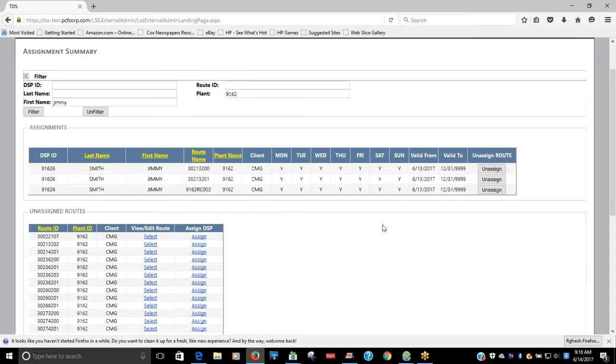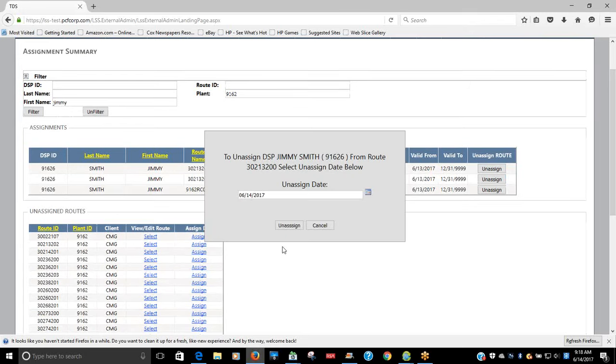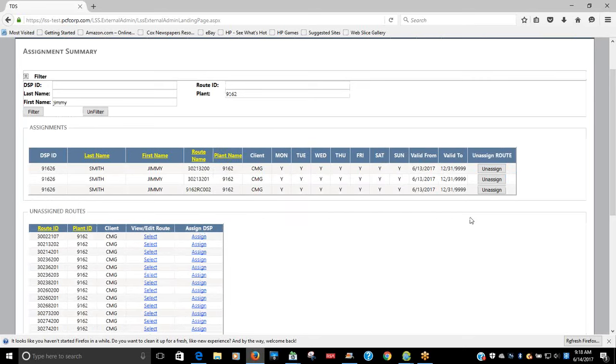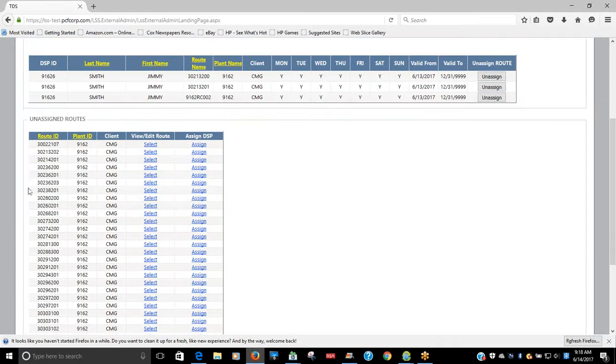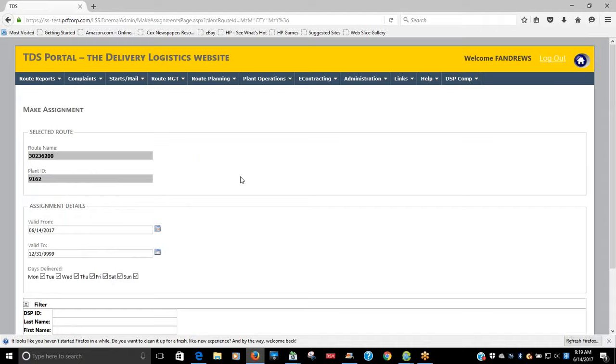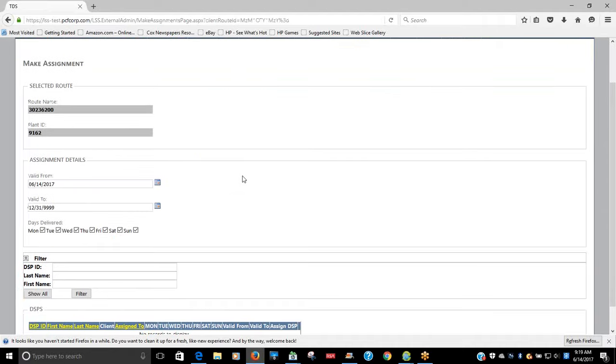Great, and then if you wanted to unassign someone, you could click unassign. You would have to just select the date. We don't want to unassign this person just yet because we have a DST portal account with this one, but that's great. If you wanted to assign one of the unassigned routes, if you just choose any route there, you can choose assign. And then if you scroll down,